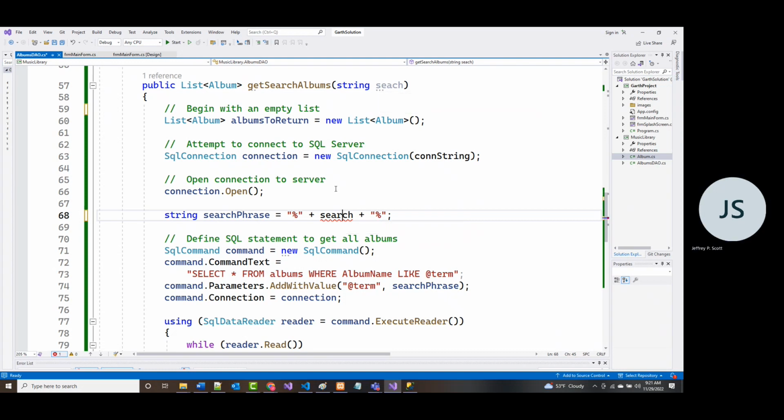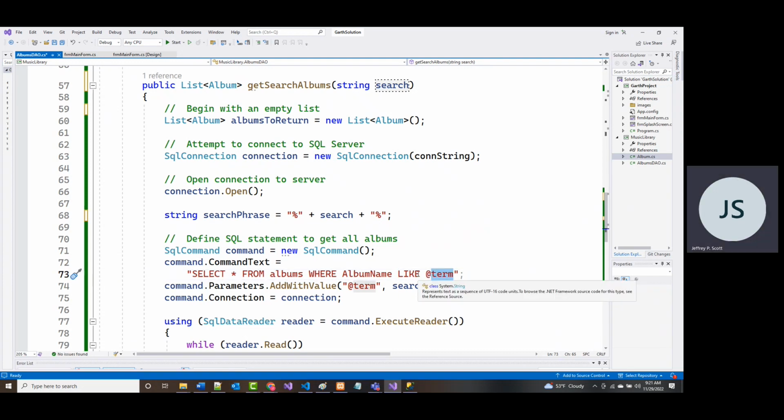All right. And it's giving me an error. It says it does not exist in the current context. Yeah, it does. It's right there. Oh, because I spelled it wrong. Search. There we go. And this is going to be wrong too. It's not going to be like term, but we'll fix it all in just a second. We're very close to having this work, but the logic in here is the same. And I wanted you to realize that, again, the logic is the same in here. So this, instead of being at term, will be at search.